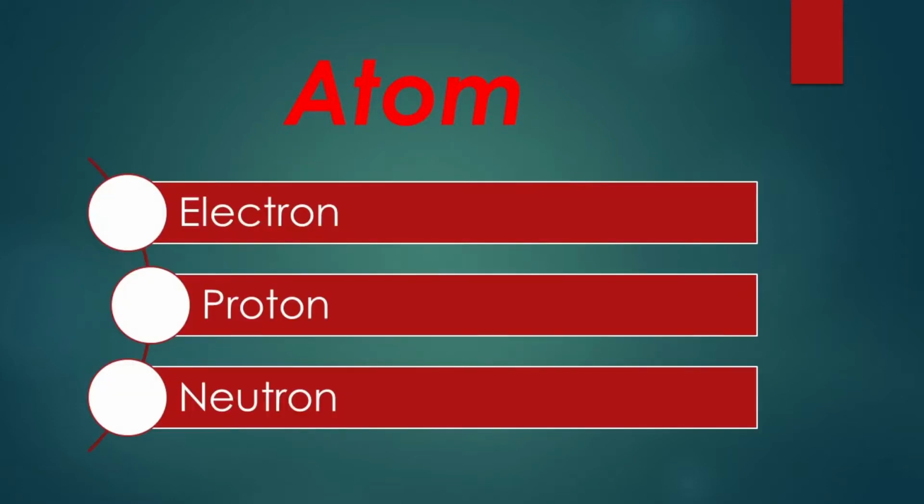So now we know that atoms are the building blocks of matter, and inside the atom there are even thinner particles, and these are electrons, protons and neutrons. These are also called subatomic particles, as these are present inside the atom, right? Now the electron carries a negative charge, the proton carries a positive charge, while the neutron is electrically neutral.